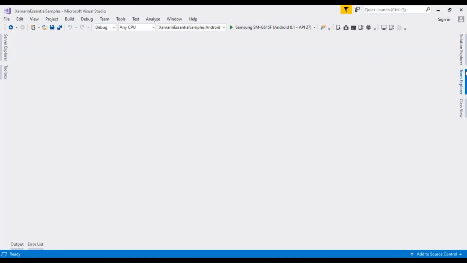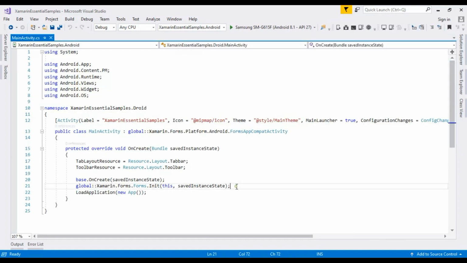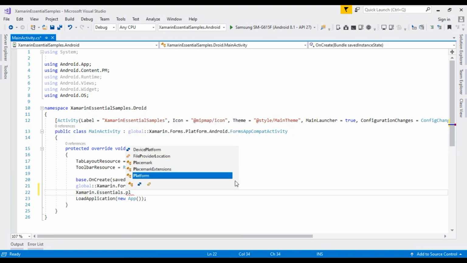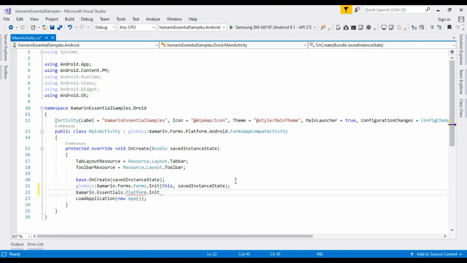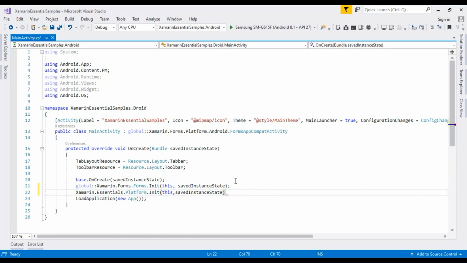After successfully installing Xamarin Essentials, you have to initialize the package in the platform specific projects. Inside Android, we go to MainActivity, and after initializing Xamarin Forms, we have to initialize Xamarin Essentials also. Use Xamarin.Essentials.Platform.Init, and also pass the context and the bundle.